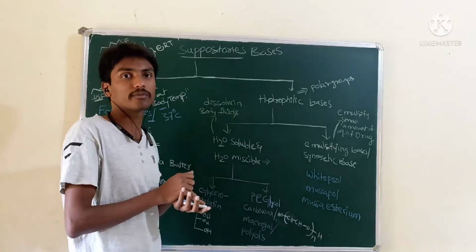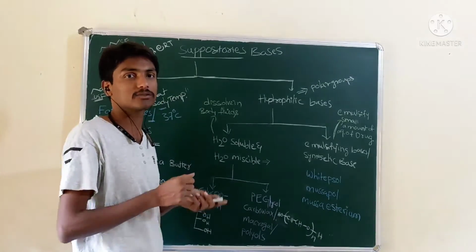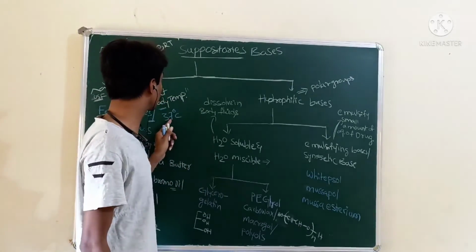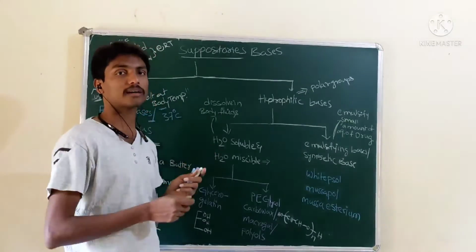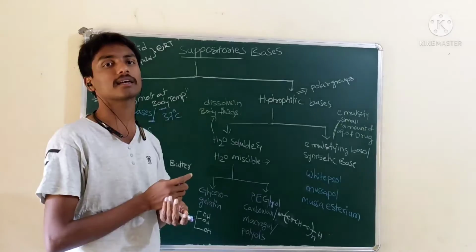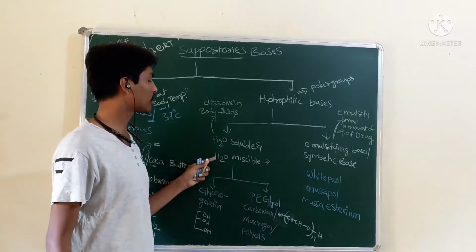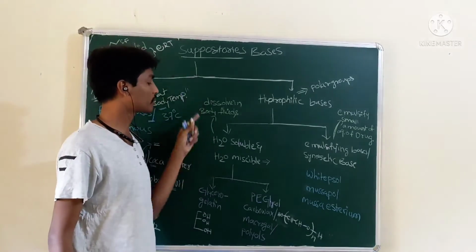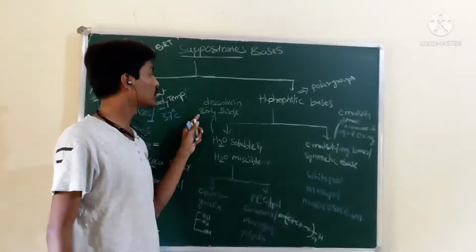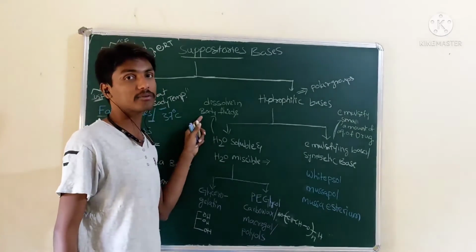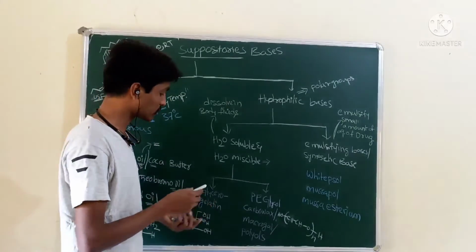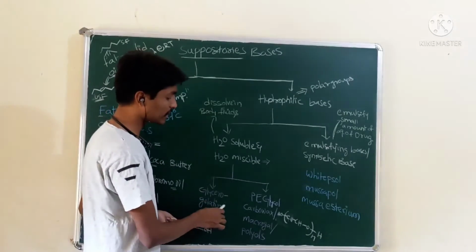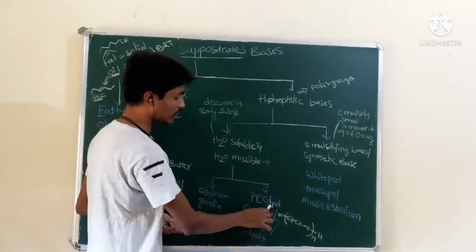Here water soluble or water miscible bases dissolve in water. Rectal fluid is there, and the rectal temperature is also there. They need to melt at rectal temperature. The rectum contains water, so we call it rectal fluid. These water soluble or water miscible suppository bases need to dissolve in rectal fluid. So what are those? Glycerogelatin, polyethylene glycol,